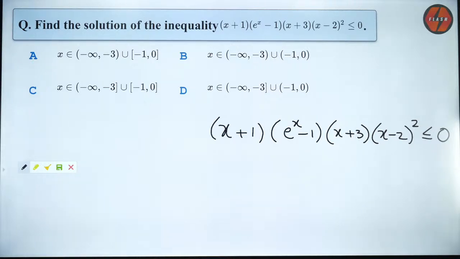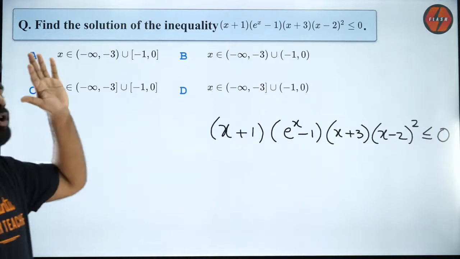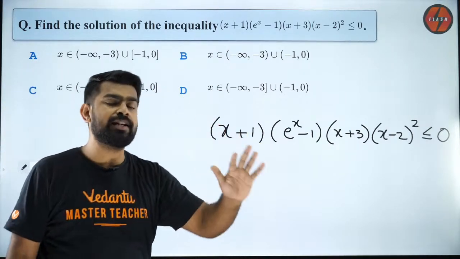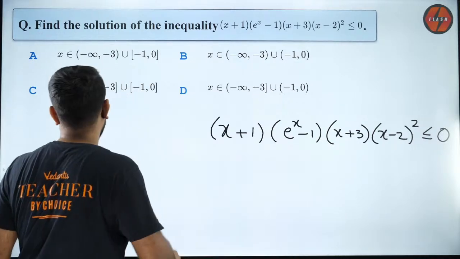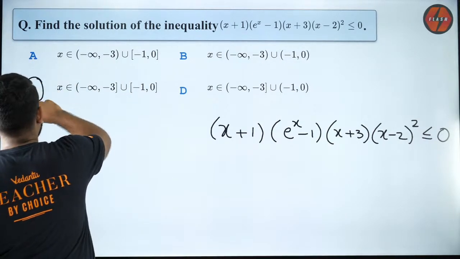Okay, guys, let's try to solve this question. Madhavi says C, Ryan says C, Uncharted is C, Sai Bhargav C, and then we also have VSG. VSG was the first person to tell the answer. As soon as I gave the question, he told it is C. Brilliant job, guys. You guys are super smart. You guys are super fast. Amazing work, because the answer is C. You guys are right.